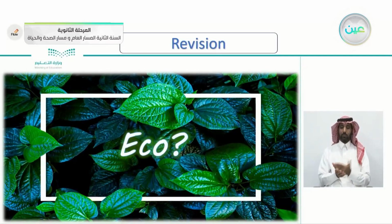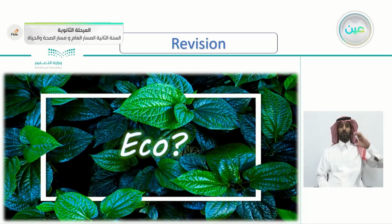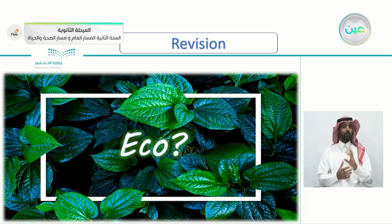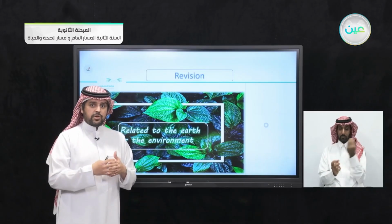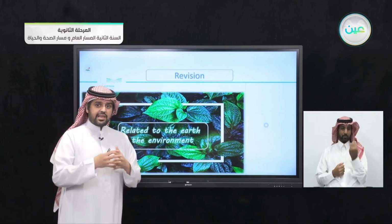And we learned the word eco. What does the word eco mean? Yes, that's correct. It's something that's related to the earth or the environment. So eco, something related to the earth or the environment. So when you connect it with the word tourism, it means that you're going touring with something linked or